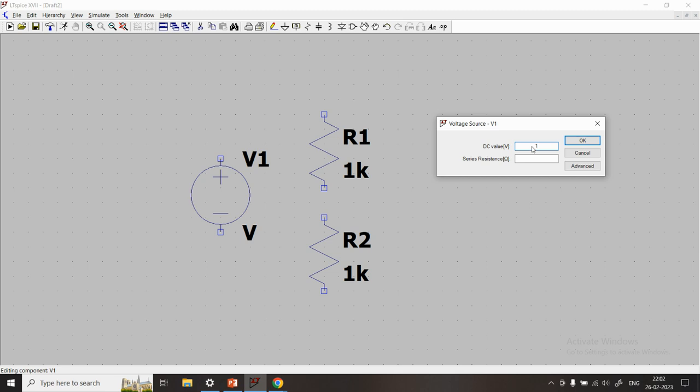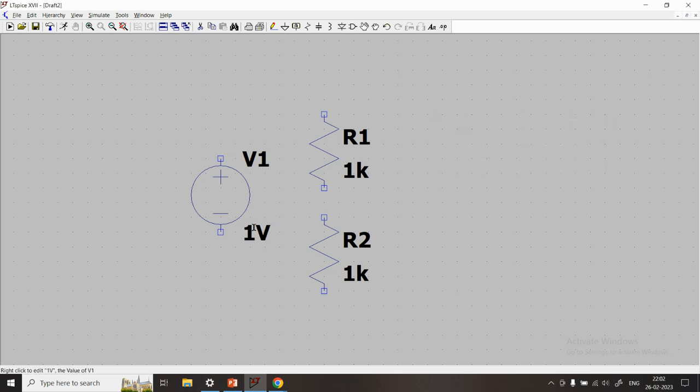So I use 1 volt. Of course, it's a practical voltage source, so I can give a value of series resistance. A voltage source will always have some resistance in series, but I assume that it is an ideal voltage source. So I just leave this field blank and click OK. So you see now the 1 volt appears here. Once I have the circuit complete,